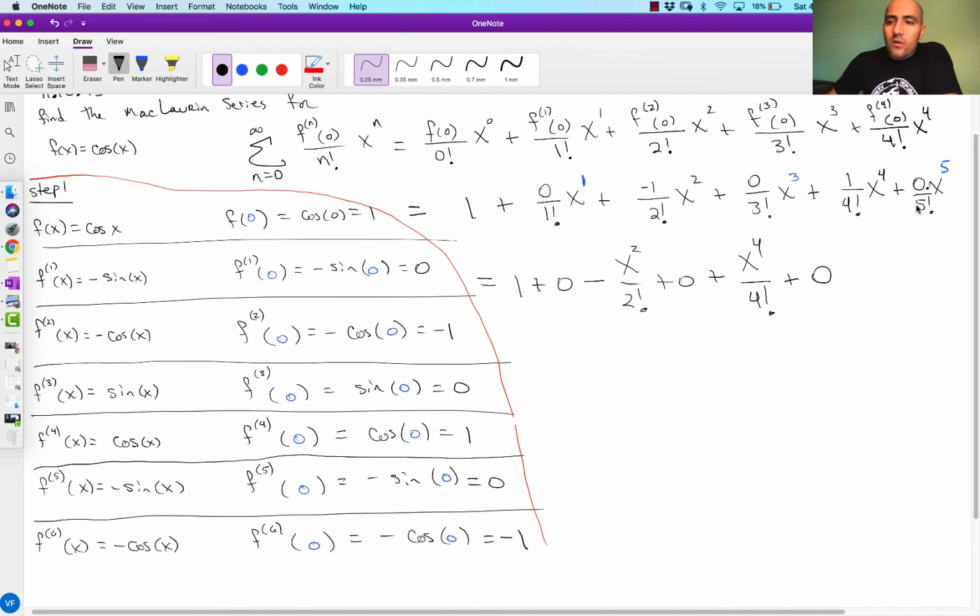All the odd ones disappear. And then we see that the next one is going to be 6. 6 gives me back to a negative 1. So I know that the next one is going to be minus, and it's going to be x to the 6th power over 6 factorial. Good. So all the odd ones disappear. I can just get rid of them and say it's 1 minus x squared over 2 factorial plus x to the 4th over 4 factorial minus x to the 6th over 6 factorial, and so on and so forth. Okay, so I see that I'm only keeping all the even powers,